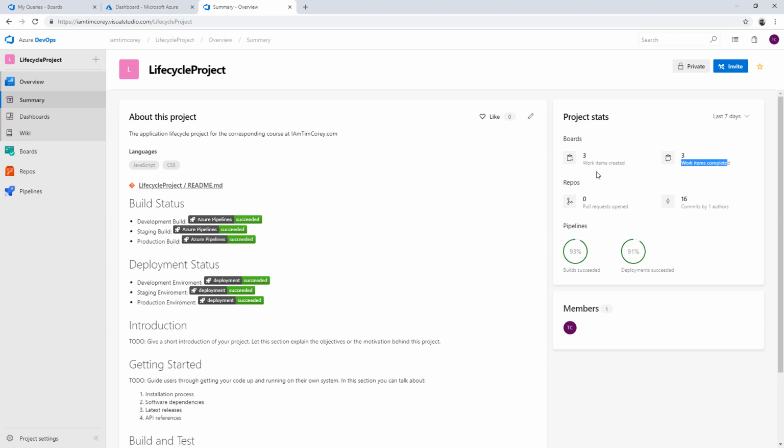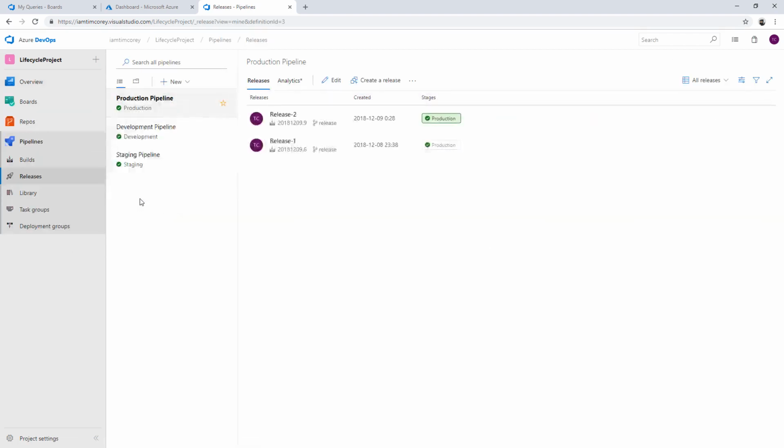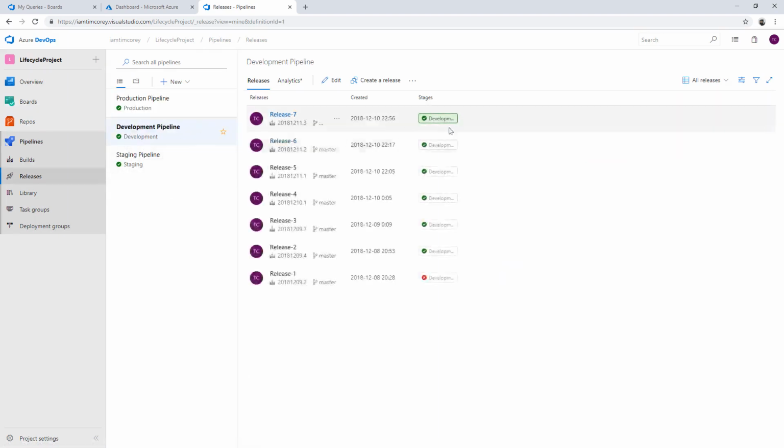Work items completed, 3. Work items created, 3. We haven't done a pull request, but we have made 16 commits by one author. And probably by this time, we also have our release pipeline. That should be about done. And yes, it is. So now we have our release